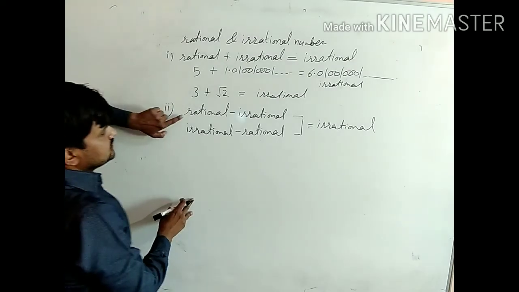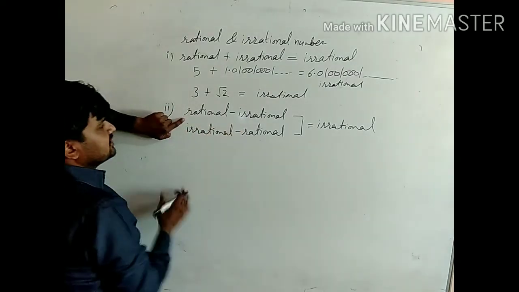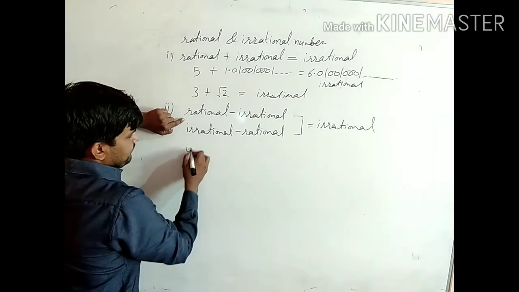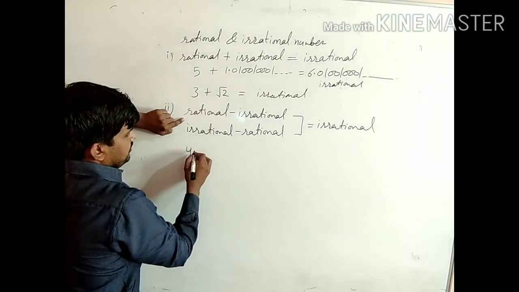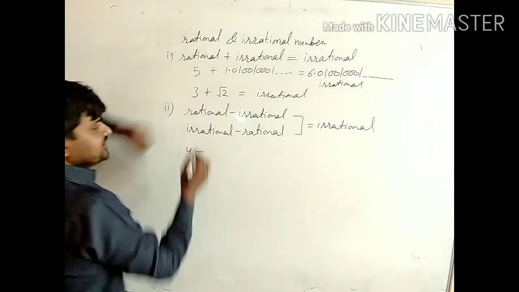The example for the first case is rational minus irrational. Suppose the rational is 4 minus the irrational,